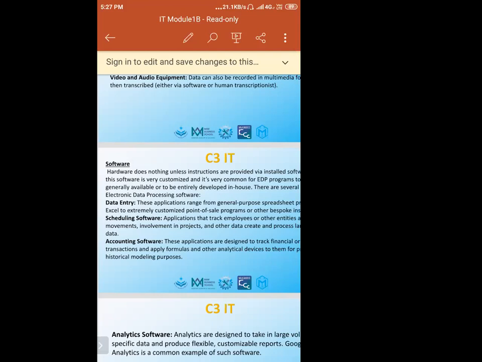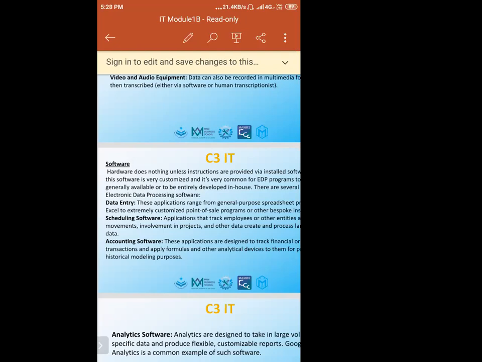So once you enter it in the Excel sheet, whichever software you are using, any point of sale software, we can export this data, we can import this data. That means there is no need to go and enter it in the particular software. You can type as it is like Excel. That is easy to use because you are familiar with Excel. Whatever data is available from Excel, you can export to your software. So that is data entry. A lot of data entry software is available.